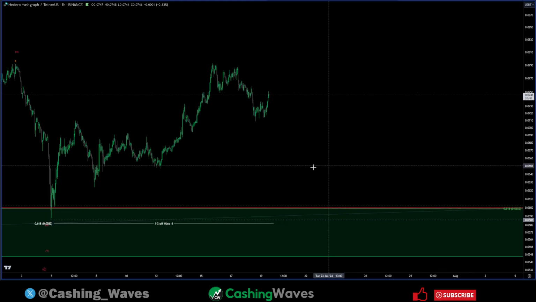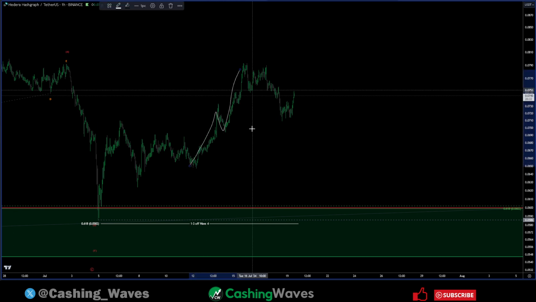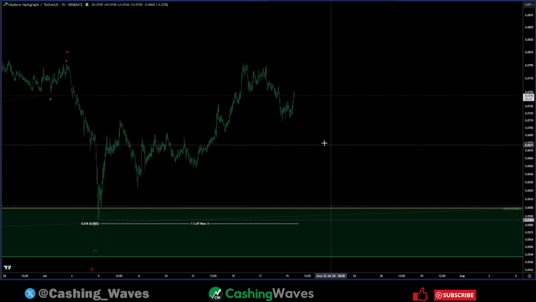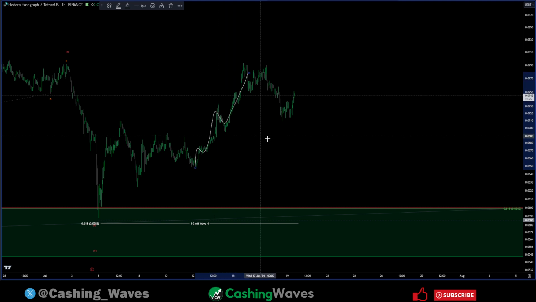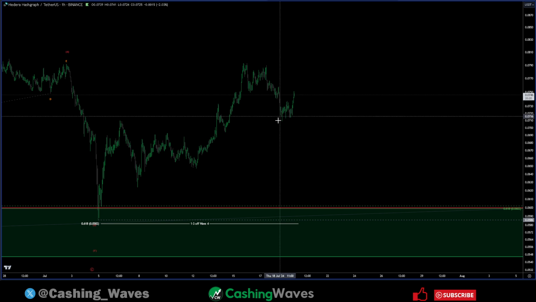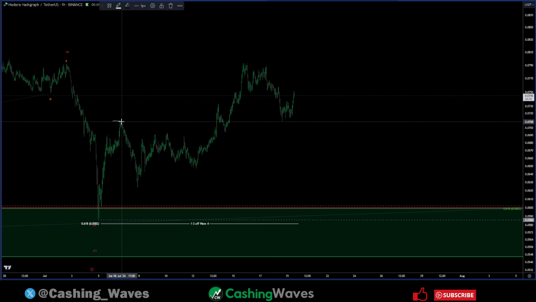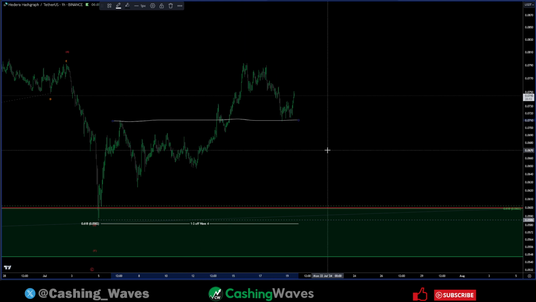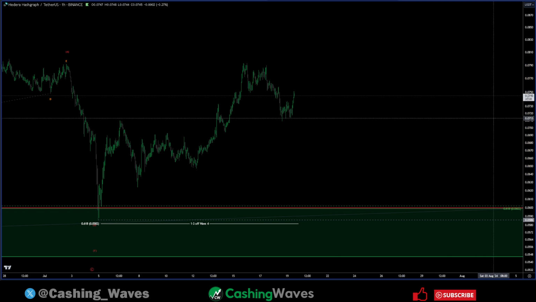The important part to note is that we're getting a lot of 3-wave moves, as you can see, and a lot of overlap. So it's very difficult to get an impulse out of this unless you're really stretching guidelines. So when that tends to happen, I go to the most obvious if this is a low, and that is a diagonal. You can also see if this is a wave 1, we're already overlapping that, although not invalidating it as a smaller impulse. So we'll start with my primary,